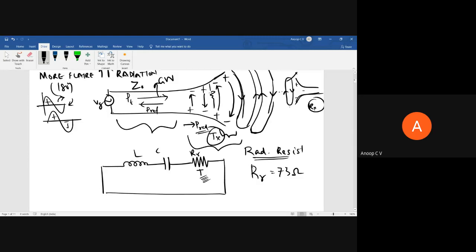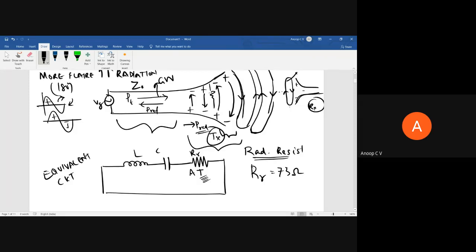And the temperature which is equivalent to the power radiated, which will produce a heat equivalent to the power radiated, is called the antenna temperature. This antenna temperature is again a fictitious temperature. So when an antenna is radiating, it will dissipate some heat corresponding to the radiated power. You can assume this is the equivalent circuit. It is not the actual thing, just an equivalent circuit representation. It's for our mathematical convenience that we are visualizing the antenna like this.